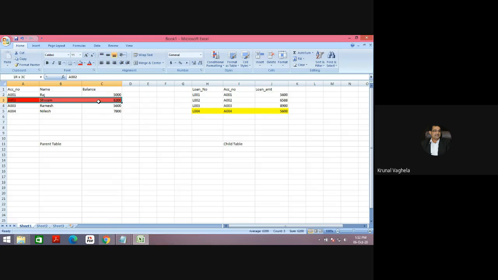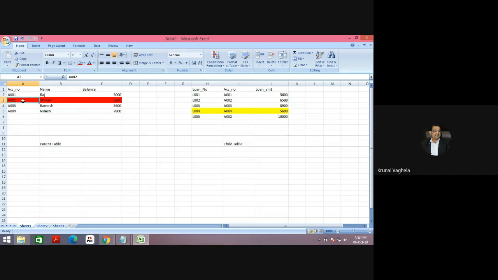For example, I am deleting account A002 from the parent table. So all the entries with foreign key account A002 also should get deleted. That means when I am deleting my account, my loan also, see, in practical life it is difficult, but sometimes, for example, here one more loan L005. A002 means the account holder A002 has two loans. One is L005, one is L002, in some amount.